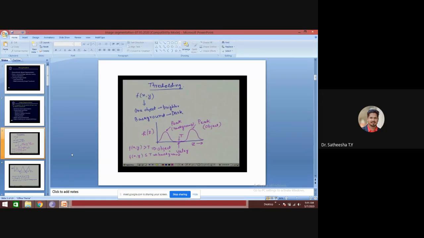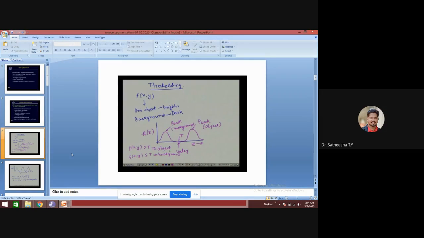So for such a bimodal histogram, you find that there are two peaks, one peak here and another peak here. These two modes or these two peaks are separated by a deep valley. So this is the valley, and this is one peak, and this is another peak.